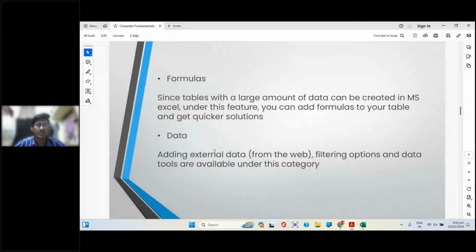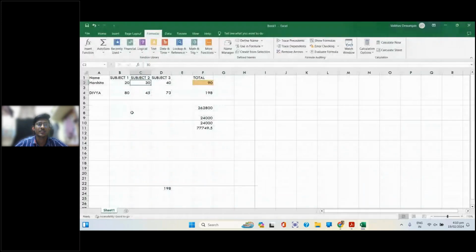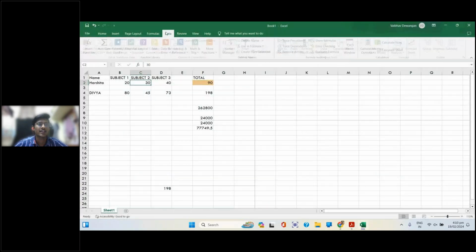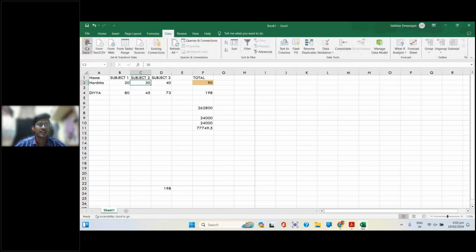And then the Data portion, like adding external data from the web, filtering options, and data tools are available in this category. In the Data portion, if you want to add certain data from the internet, or get data from anywhere,